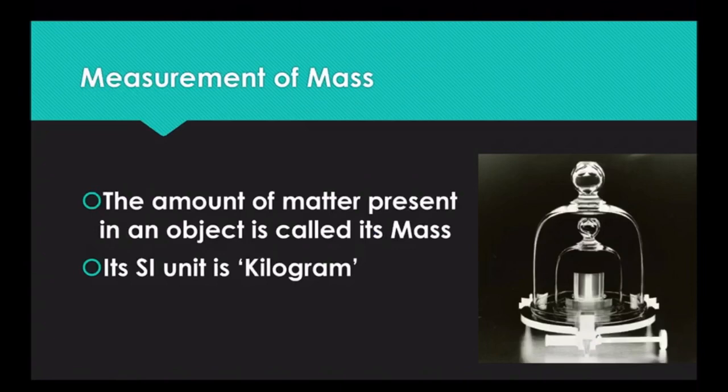Next, we move on to the measurement of mass. Now, what is mass? We have already studied in a previous lesson. The amount of matter present in an object is its mass, and the SI unit of mass is kilogram. And there are other submultiples of kilograms like grams and milligrams. This you have done in mathematics a number of times. And then there are certain multiples, that is, higher values of kilograms, that is quintal and metric tons.